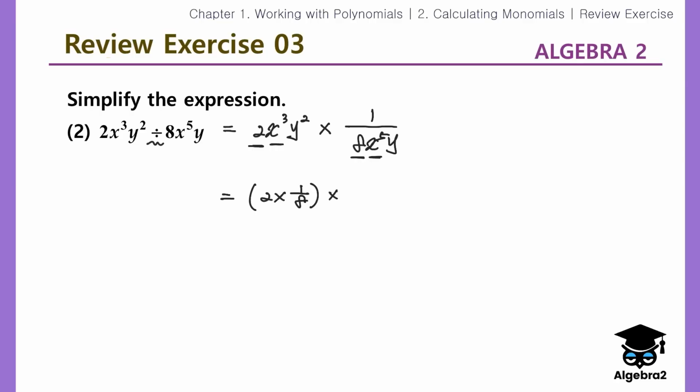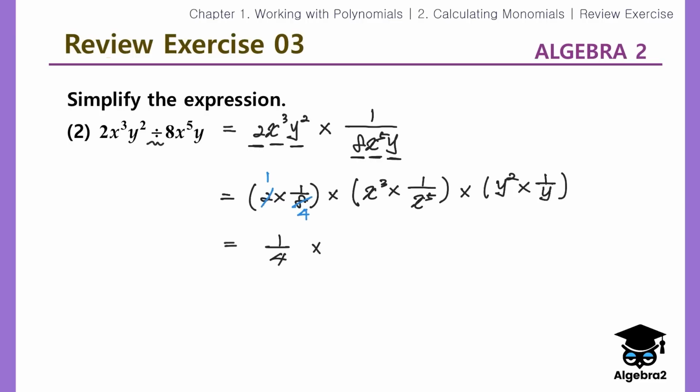So times x cubed, 1 over x to the power of 5, times y squared, 1 over y. So 2 times 1, 2 times 4. So that's just 1 over 4